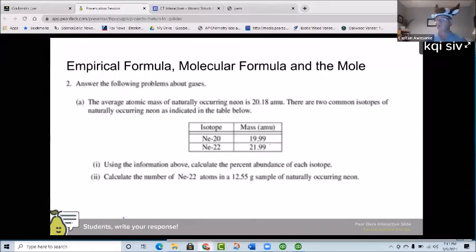If you don't have one yet, you may want to open up a tab and just Google periodic table. My favorite is webelements.com. Or if you have a periodic table that you want to look at, hopefully you can drag that out. And if you need to grab a calculator, feel free to do that. But this is an example of a free response question. And the free response questions, you get calculators.